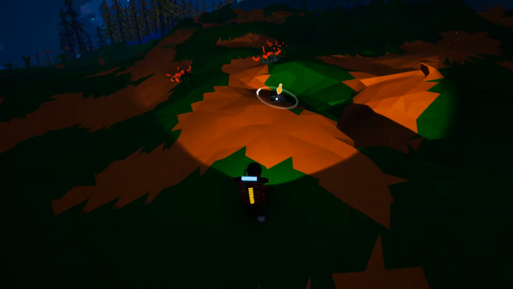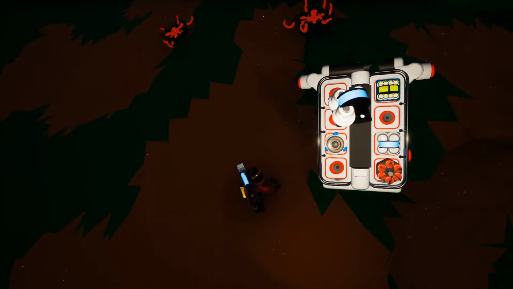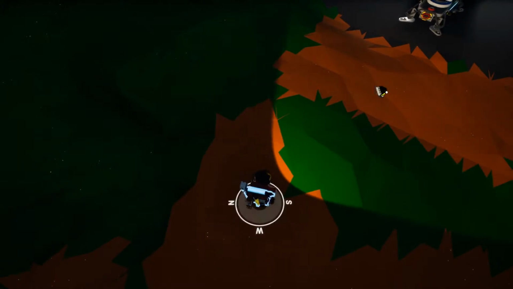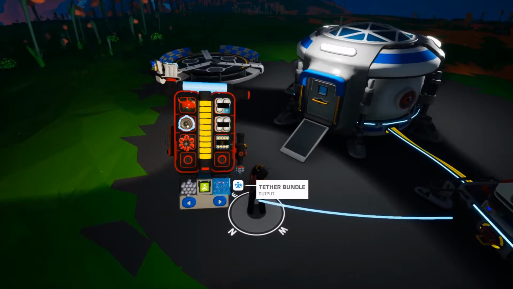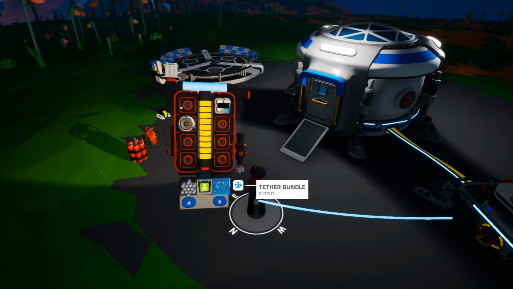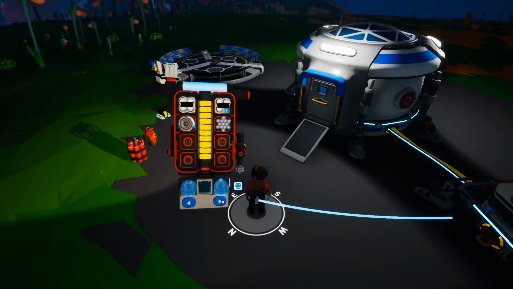Now here I found a backpack of a previous explorer, and that's tethers, and a couple other devices there: batteries, some dynamite, and I believe it was one battery, 2 oxygen filters, and a soil canister. Now, the importance of a soil canister is that it stores soil as you do mining, and it will allow you to